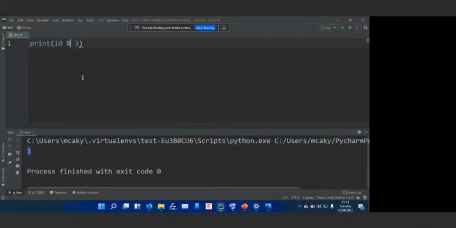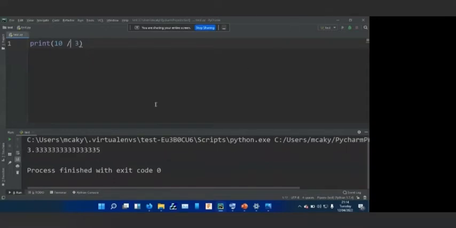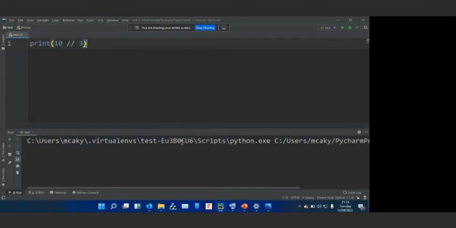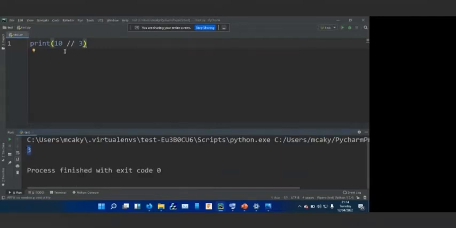And we have floor division. Let's go ahead and run our program. We get 3. This returns the value of the expression without the remainder. If we use a normal division, we get 3.3333 with the remainder. But if we use floor division, we get 3, so it gets rid of the remainder for us. And we have the double asterisk, which is power, raised to the power of, just like in basic mathematics. So 10 raised to the power of 3